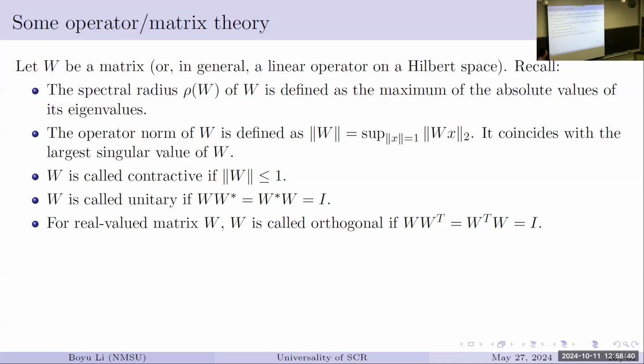And among those contractions, there are several ones that are nice. Okay, one is the unitary one. We're essentially working in the complex domain. So if you take its complex conjugate, it's going to be its inverse. That's what it means to be unitary. The nice invertible ones are the unitaries. And of course, if you're in the real domain, this becomes orthogonal. You just take the transpose. This becomes the orthogonal matrix. That's for real-valued matrices. Okay, so just a bunch of matrices we're going to work with.